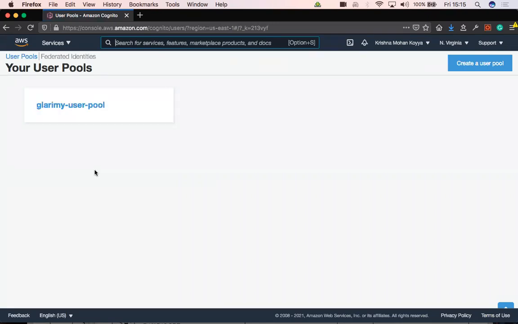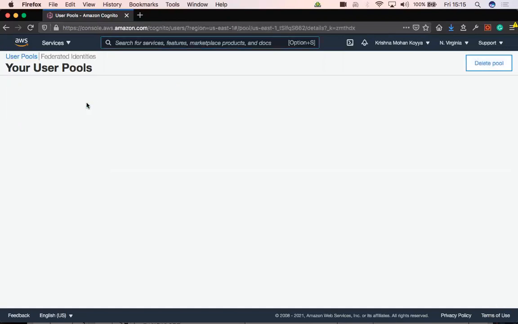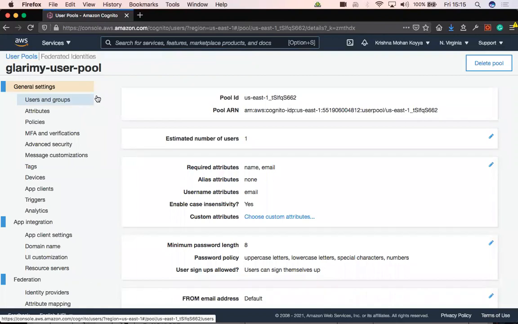For our application, let's say the same users of ERP may not be the users for the quiz application. Quiz application users may not be the users for maybe our game application. So for different applications, we can have different user pools. Currently, I have just one user pool. Once I enter into this, we have a unique ID for it, US East 1 and so on. There is some name that starts with TSLF, something like that. This is the user pool's identity, just like you have a PO ID, invoice ID, and so on.